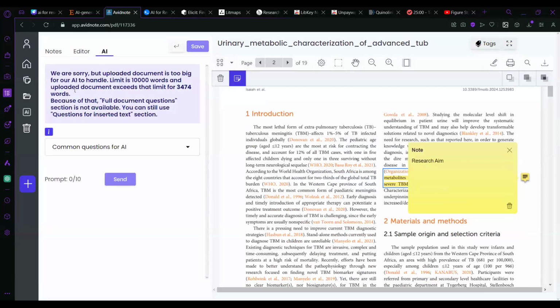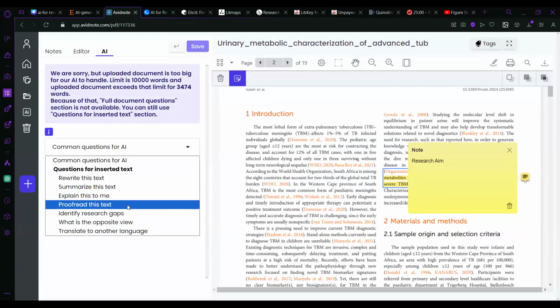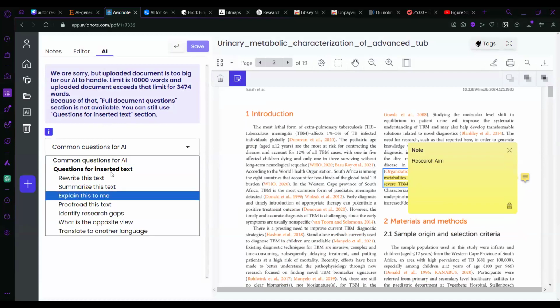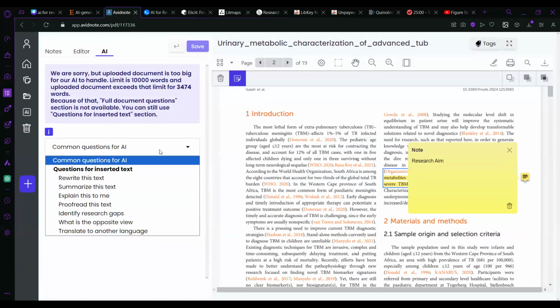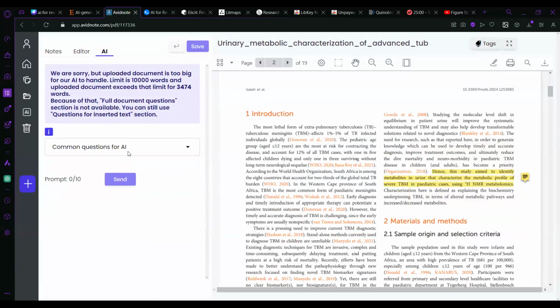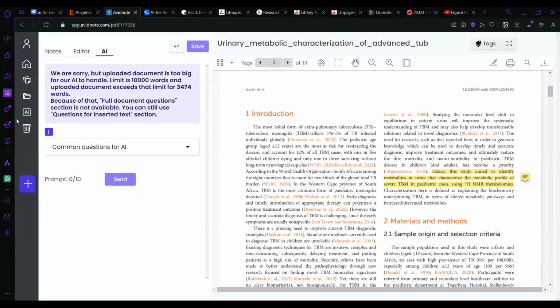It also has an AI feature where you can ask it to summarize, to rewrite, to explain, to proofread, but this article is too big for it to be able to do this, but I think that's a very cool feature. If you just want a summary of your articles that you are using for your lit review or whatever, then you can just ask it to summarize, and then you can have all of your articles in one space,